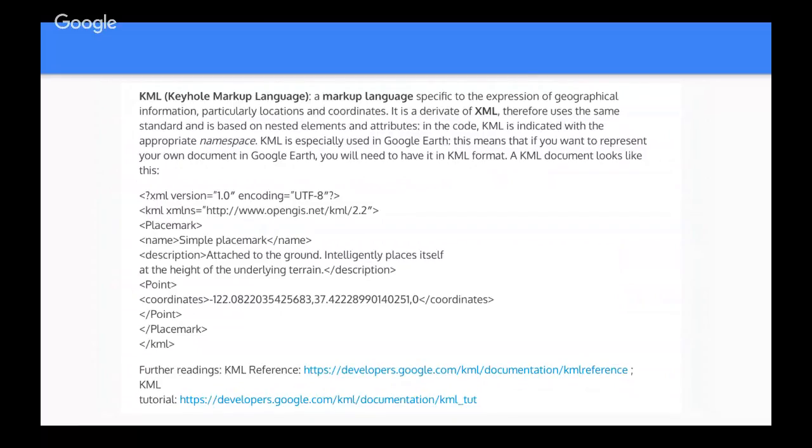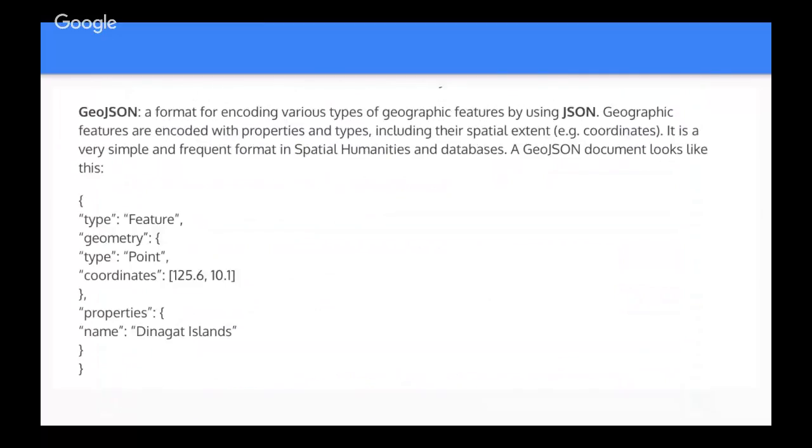The KML language is one of the most traditional ones. It's basically a markup language derived from XML, and it looks like this, as you can see in my slide. So it's basically an XML version that focuses on geographical coordinates and has very few additional tags for description, for further characterization of a place, a location, and so on.